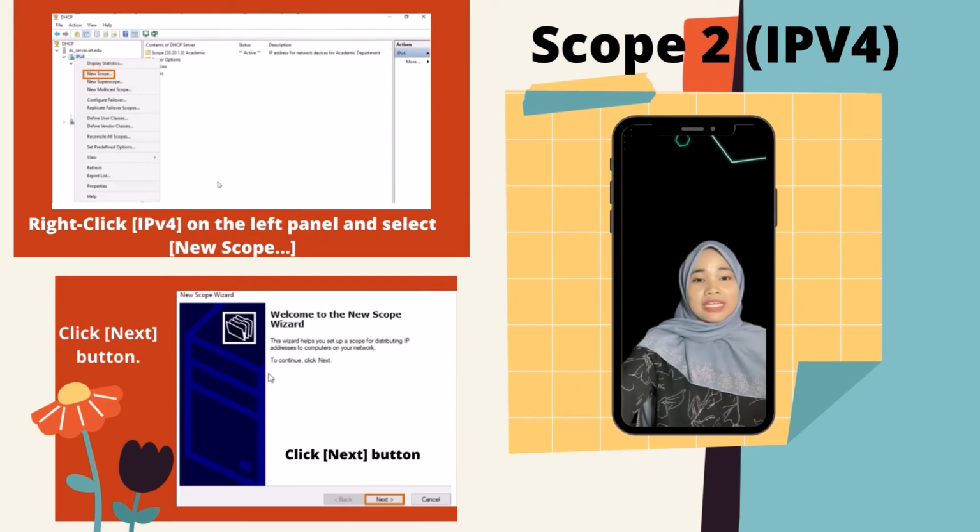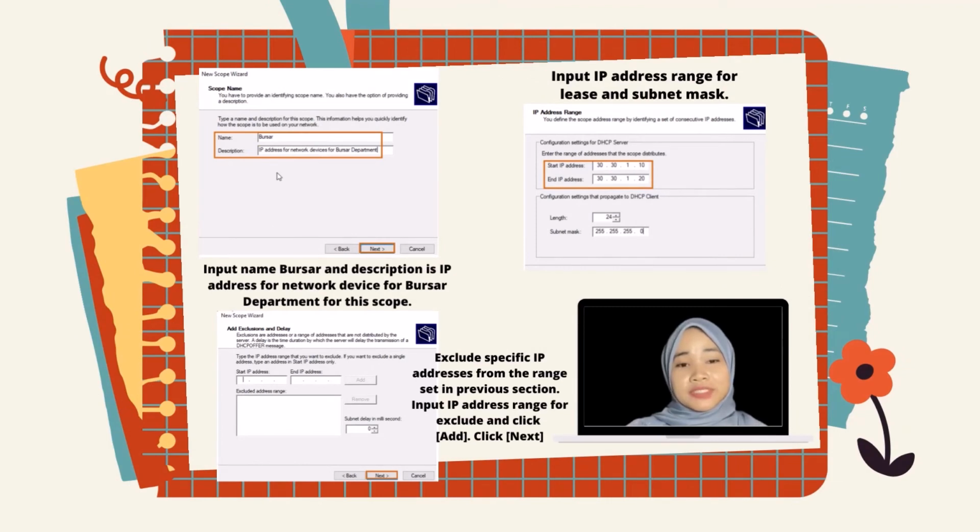Next, scope 2 for IPv4 is the same as the previous scope 1. First, right-click IPv4 on the left panel and select New Scope. After that, click the Next button. Input the name Users and the description, IP address for network devices for the user department. For this scope, input the IP address range for the lease and the subnet,